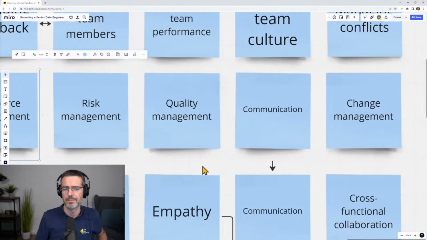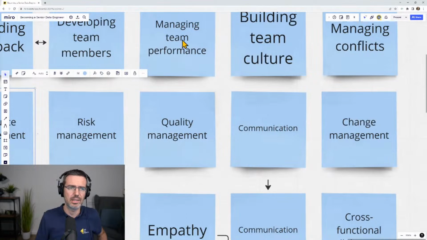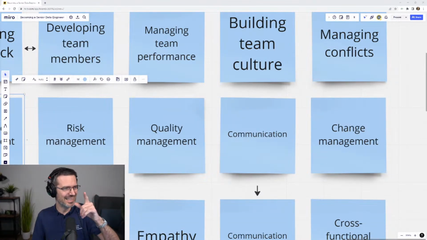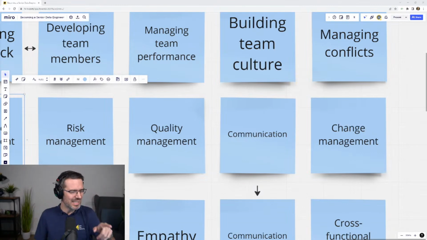Quality management, again, connected to team performance, connected to the objectives. Senior engineers should be able to ensure that the project meets the required quality standards and that deliverables are thoroughly tested and validated, right? We all know how it is sometimes.